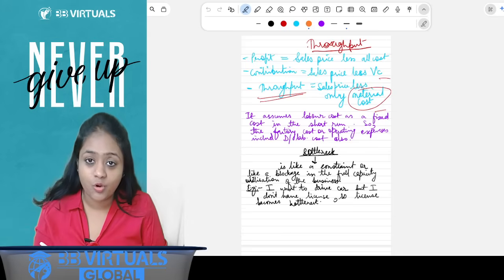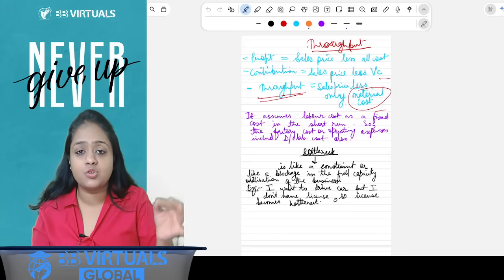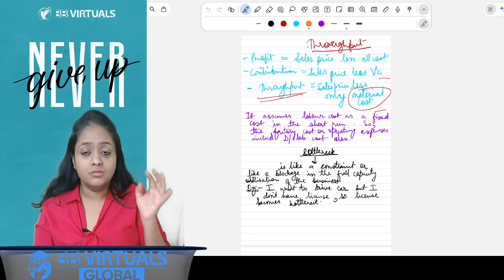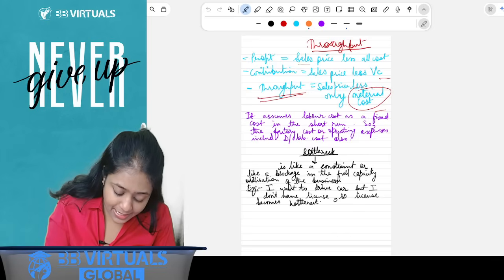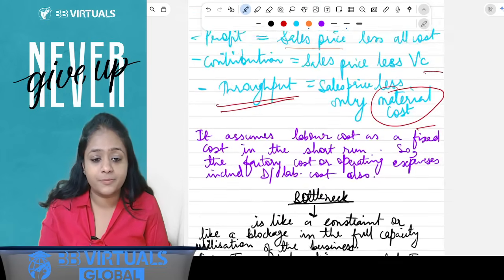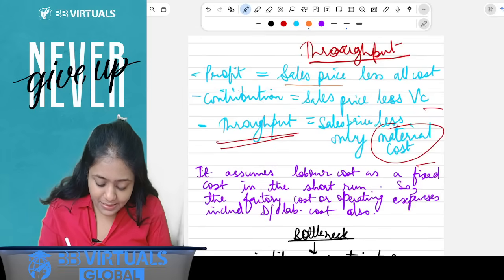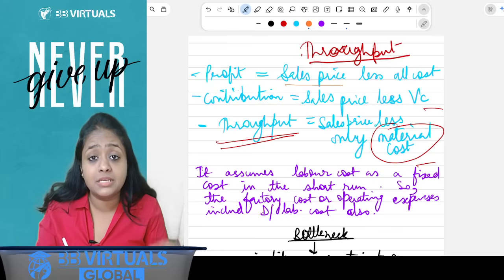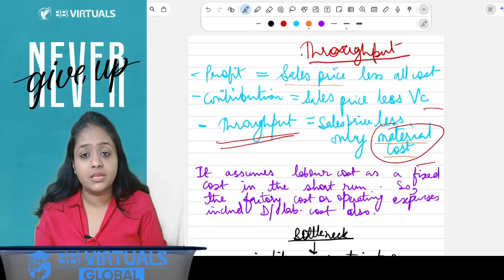So let's go into this topic. We have contribution, which says that to maximize contribution would mean sales less variable cost. Throughput discusses maximizing the throughput, and throughput is simply selling price less all cost. Okay, so here throughput basically discusses selling price less only the material cost, because under throughput accounting the variable